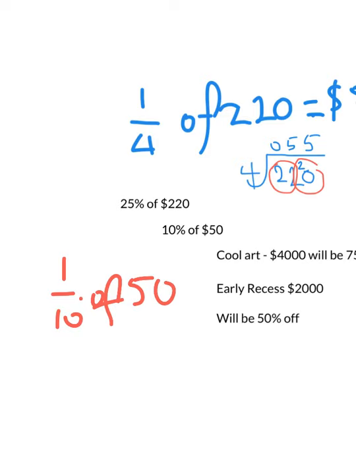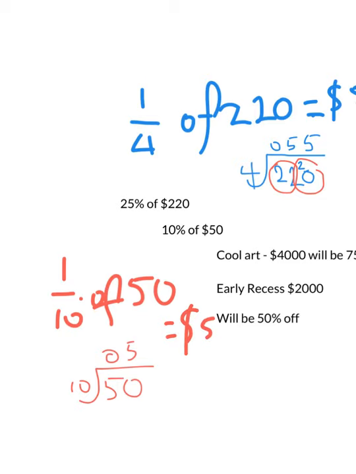So I'm going to do quick division. First of all, I'm going to divide by the denominator, which is 10, my divisor, and the number we're dividing into is 50. 10s into 5 goes 0 times, and 10s into 50 go 5 times. Therefore, it is going to be 5. 1/10 of 50, we need to multiply by the numerator. 5 multiplied by 1, still 5. Yeah, gotcha. So, let's do it. 1/10 of 50 equals